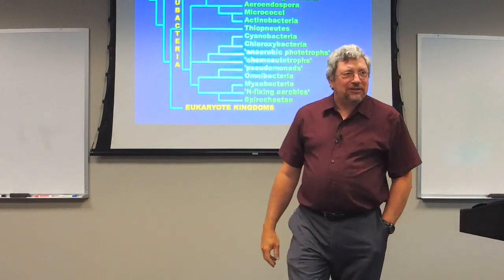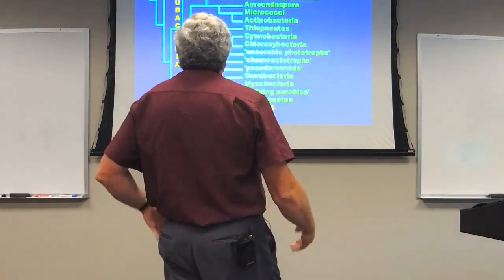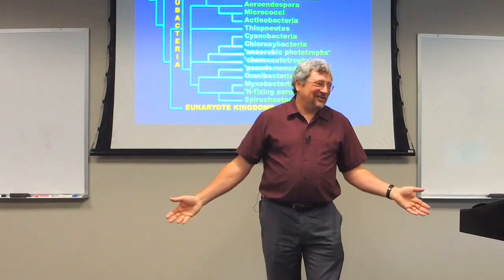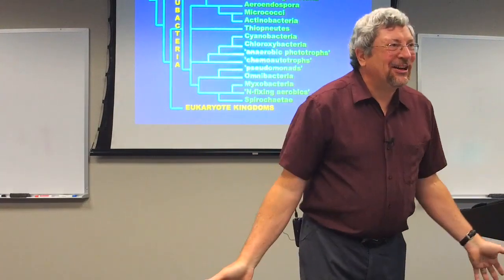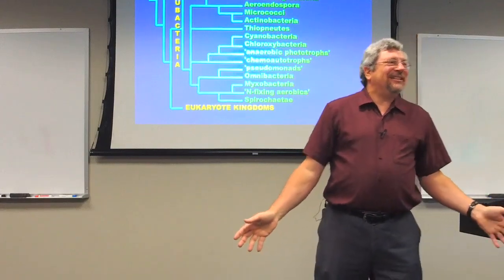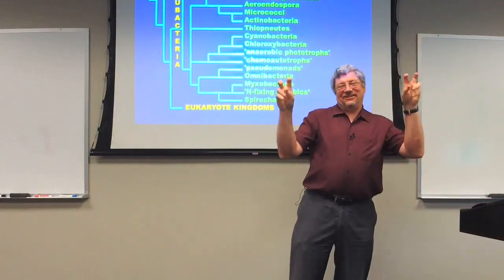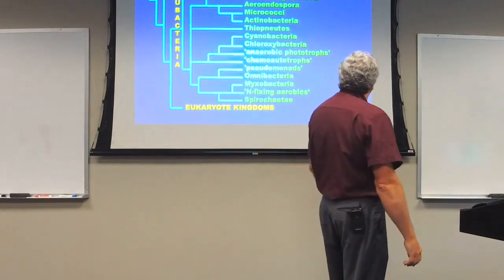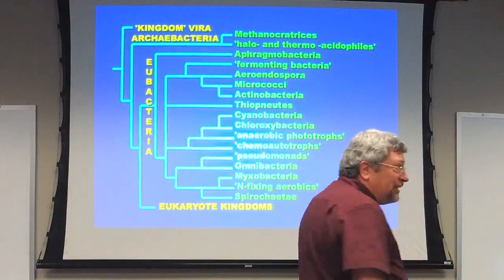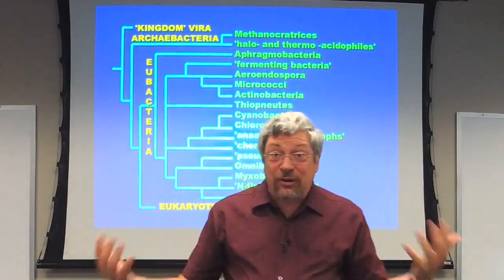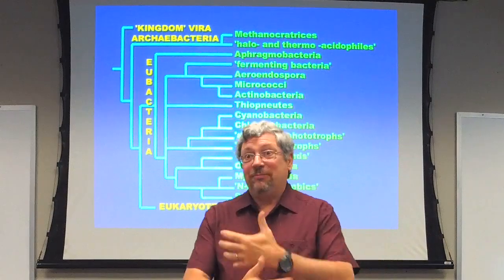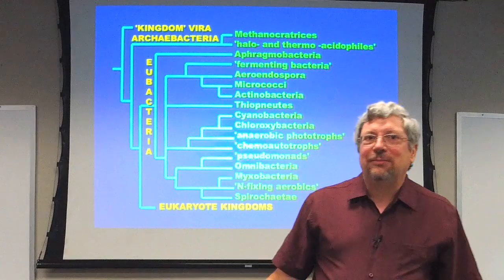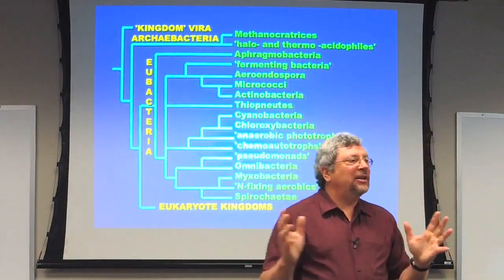Testing this is not easy, but the idea first is to create an evolutionary tree of everything, which nobody's ever done. Nobody did before I did it. Everybody thought I was crazy to do it. Now it's a little bit easier with different methods we have now with computers and so on. We can do this more effectively. But at the time, it was a matter of going through all of the organisms of the planet, from bacteria to protists to just the whole kit and caboodle, and figuring out a complete evolutionary tree.